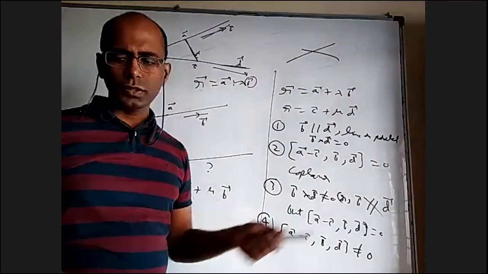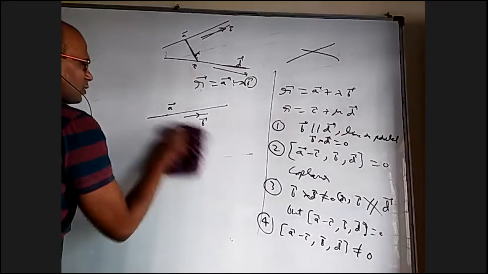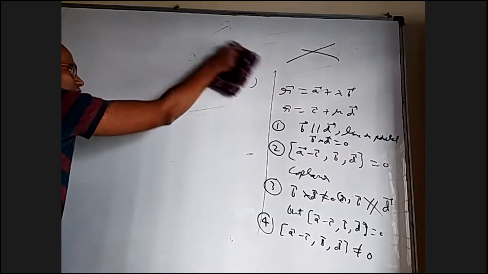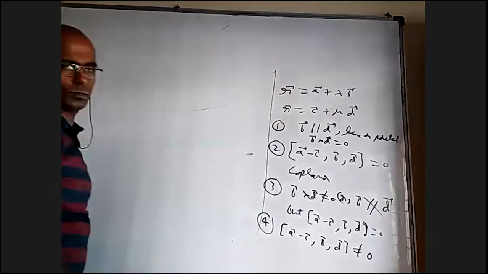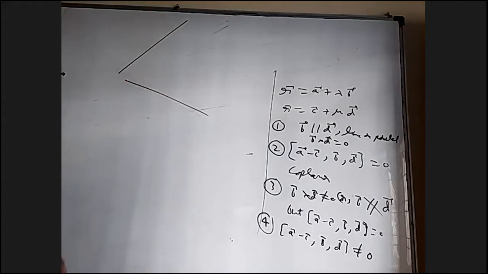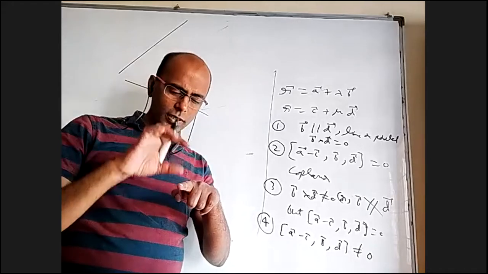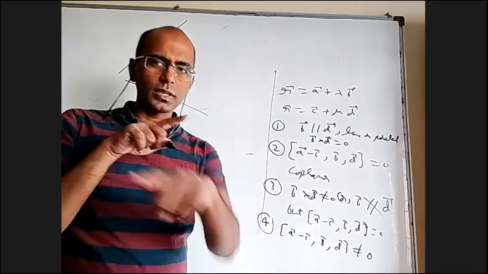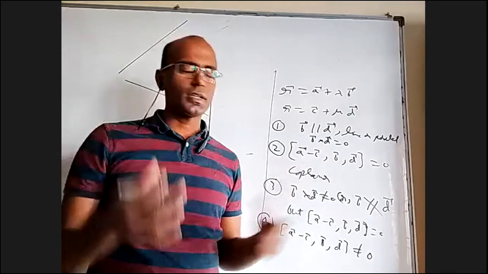Right, in this connection, even though I would have discussed it yesterday, I want to discuss it now because we have not discussed it yesterday. Shortest distance between two skew lines. Let us say I have two skew lines. Imagine we have two lines like this. There is a distance between them. B bar is like this and D bar is like this, and A minus C is in some other direction, joining A and C. So there it is.